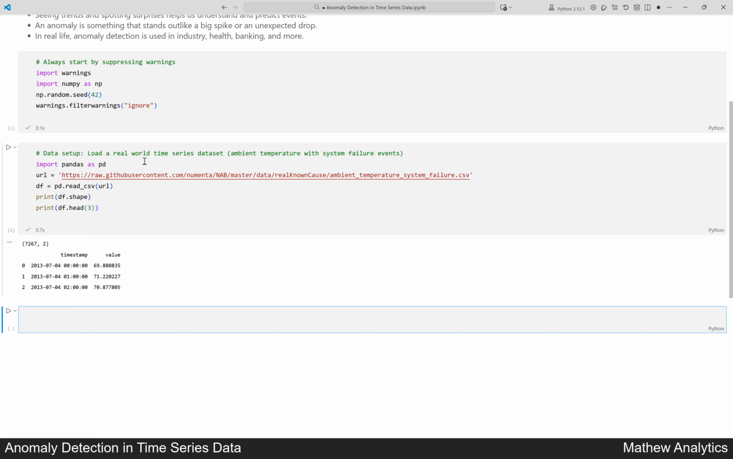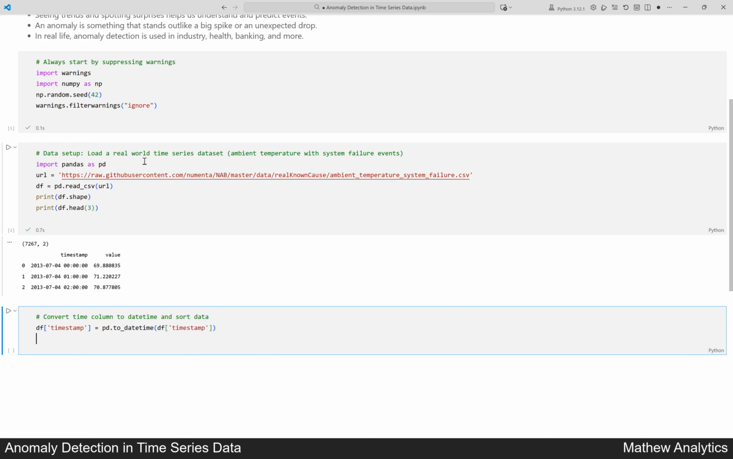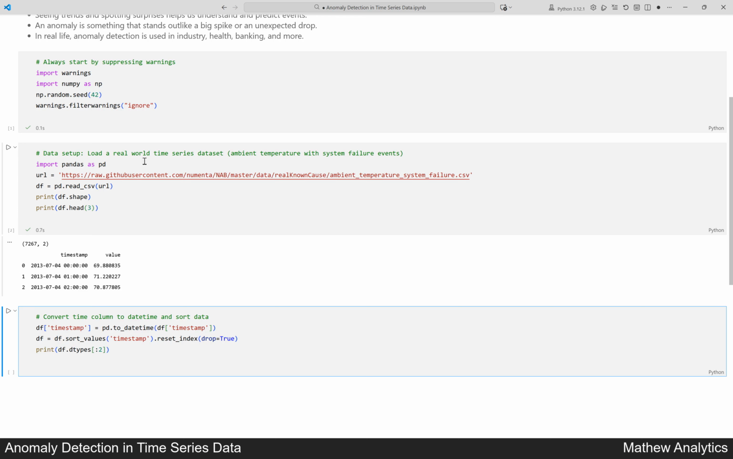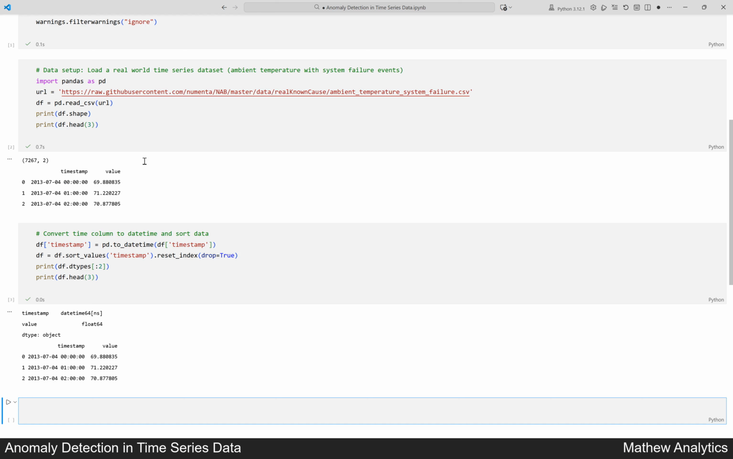Convert time column to datetime and sort data. df timestamp equals pd.to_datetime, df timestamp. df equals df.sort_values timestamp dot reset_index, drop equals True. Print df.dtypes. Print df.head(3). Running the cell now. Here, the code converted the timestamp column to a datetime type and sorted the